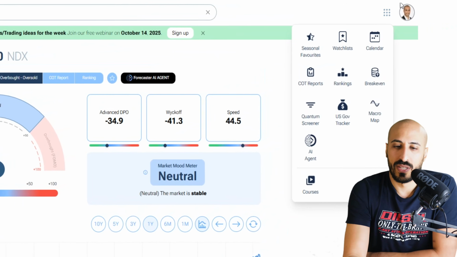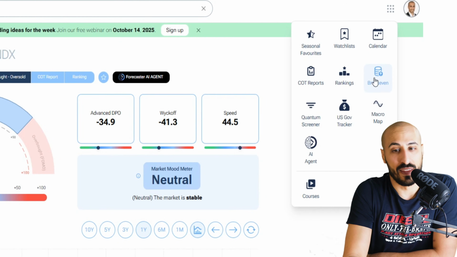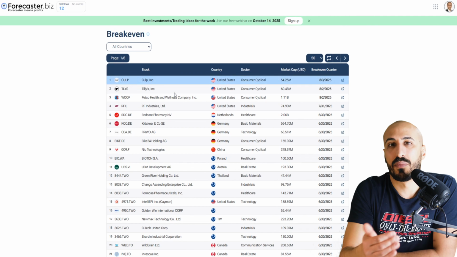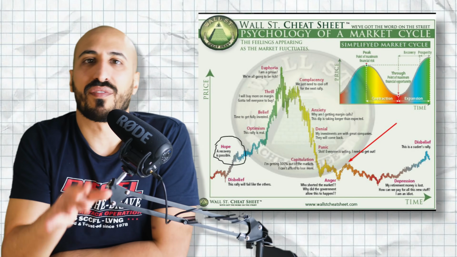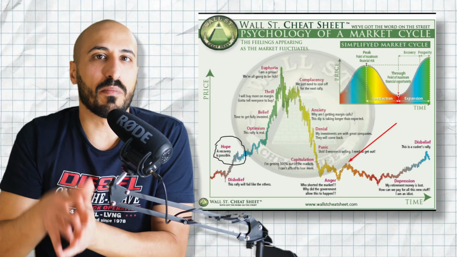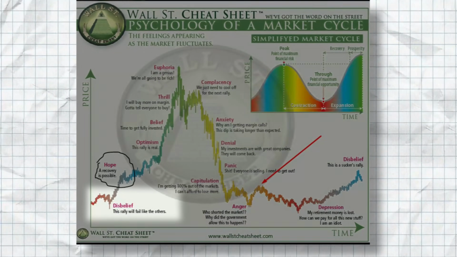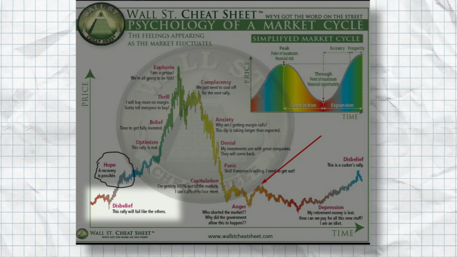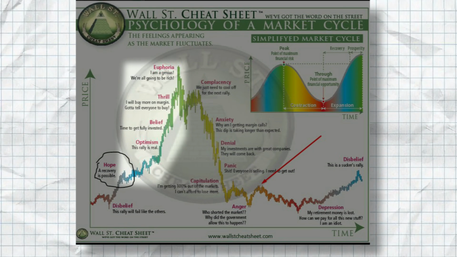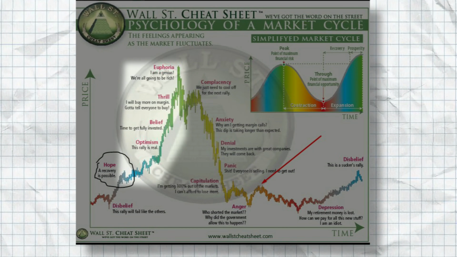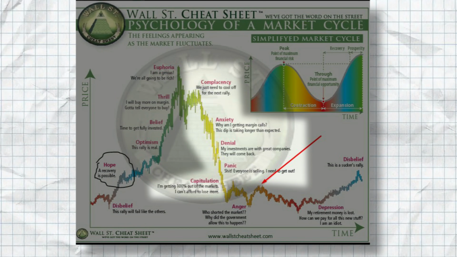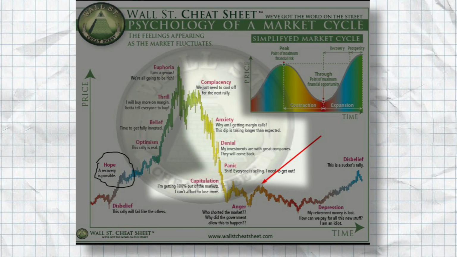Now, another cool tool that I want to show you is the break-even, which basically shows you when a company breaks even with the profits. So there is a famous graph that describes the typical market cycles and what goes on in your head through the cycle. For example, when prices are down, you're in disbelief. But then the price starts going up until you're in full euphoria, right? Then it drops, and first you think it's temporary, and then you get anxious, and slowly you get to panic